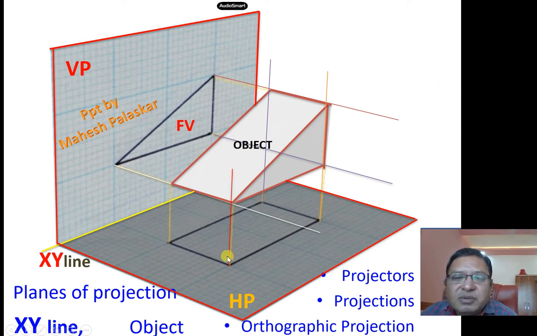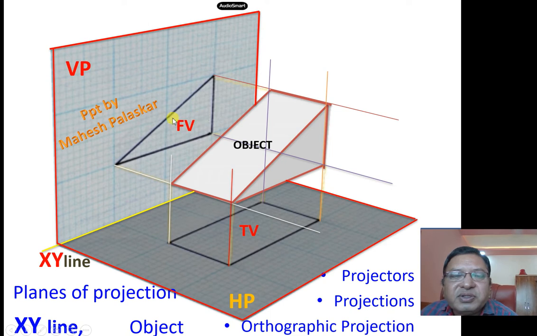And the third vertical projector meets the HP at this point. Fourth vertical projector meets HP at this point. So these are the four important points which we are obtaining on HP. If you join these points in proper sequence, you get the top view. So this is nothing but the top view. Okay, so the top view is a rectangle,